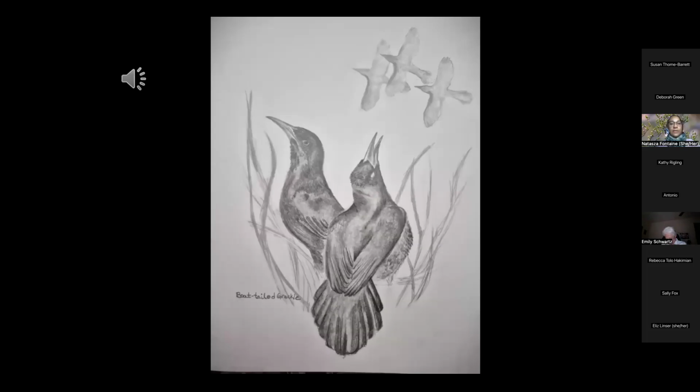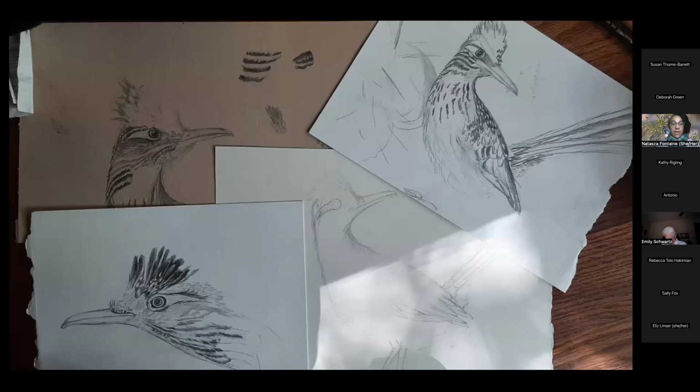And that's what in this recording in particular inspired my next drawing here of boat-tailed grackles. It was just a sketch that I did for fun one of the evenings. Like I said, there are a lot of drafts that happen before the final. And here's another example of me going through different sketches and scribbling and ripping pieces of paper up to get